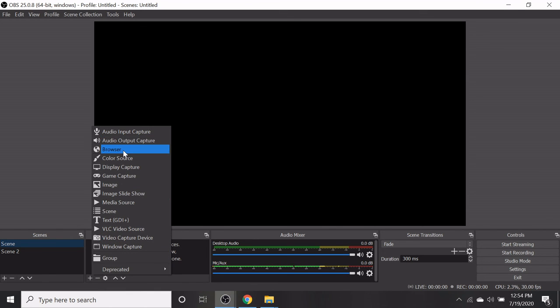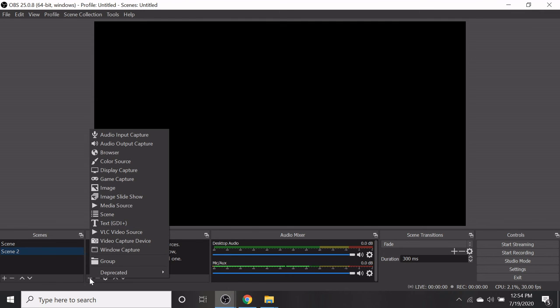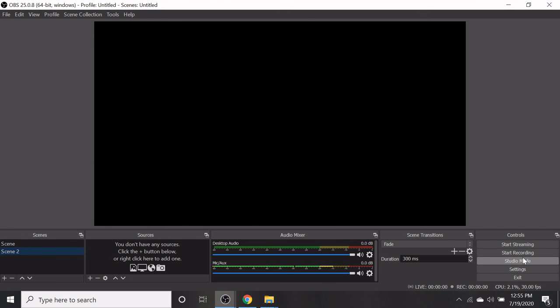You can include the browser or color source, display capture or image slideshow, etc. Similarly, in scene 2, you can include different types of sources by adding the plus button. You can include the media source or display capture, etc. in scene 2.